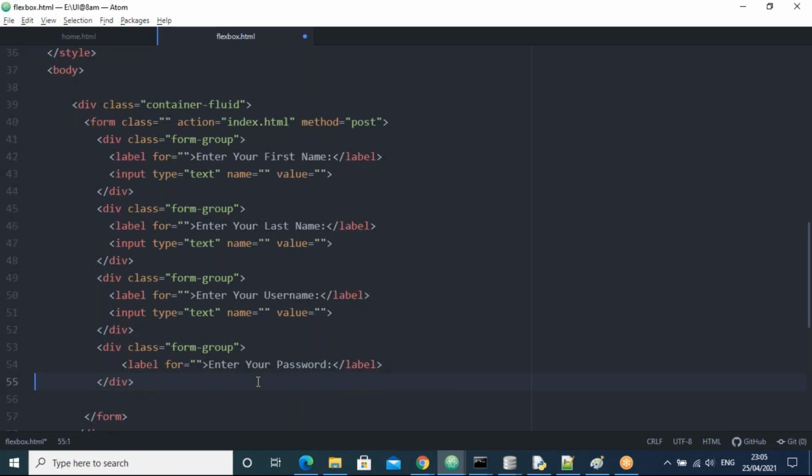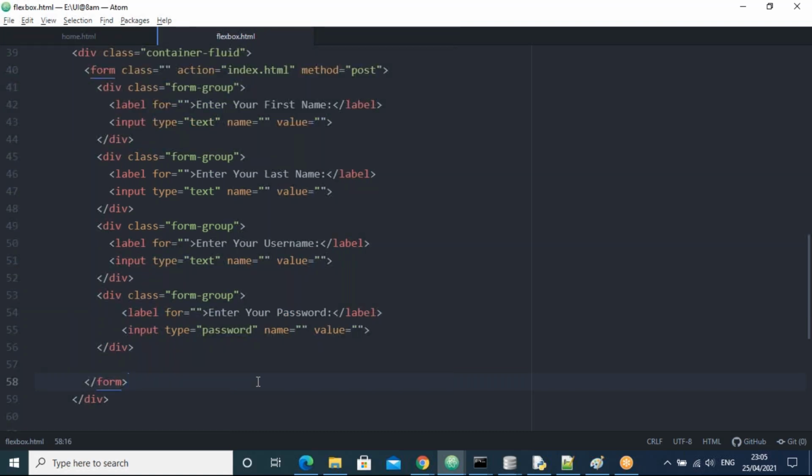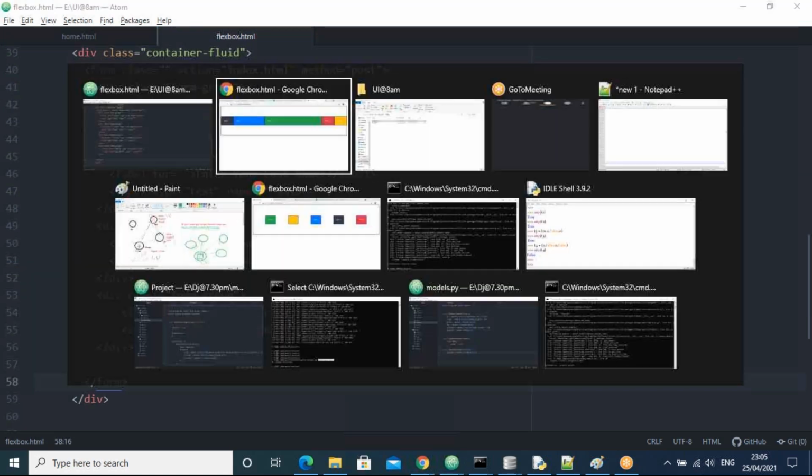I take the last label, guys. I'm taking the last input, which has the password type. Okay, password type. That's all. Enough, guys. I don't want to take those buttons. I'm taking the form to apply this flexible layout.